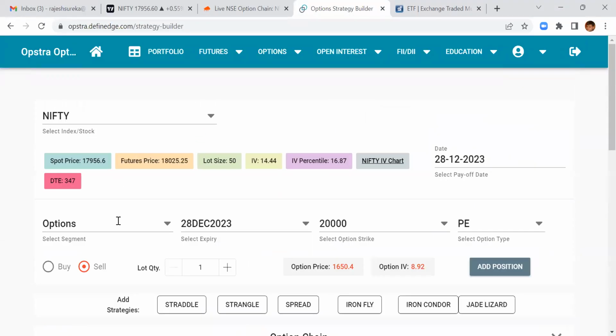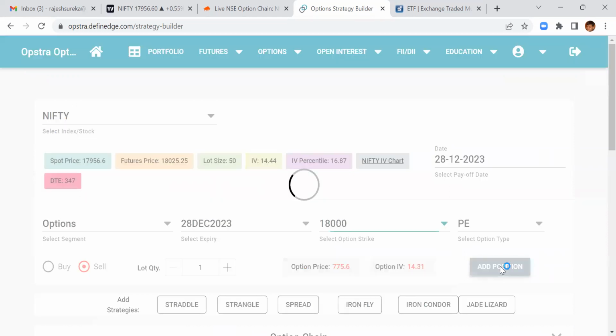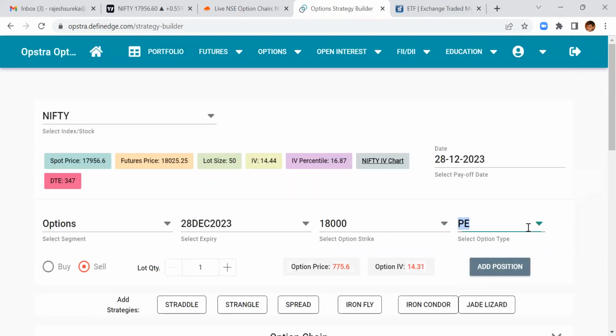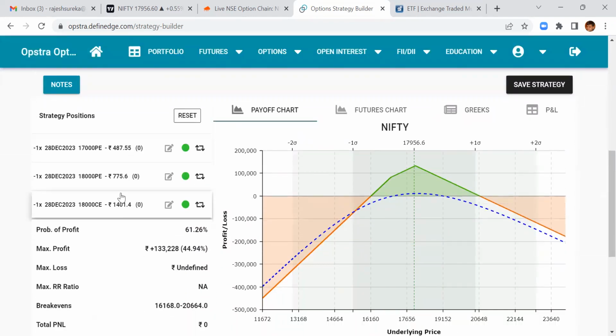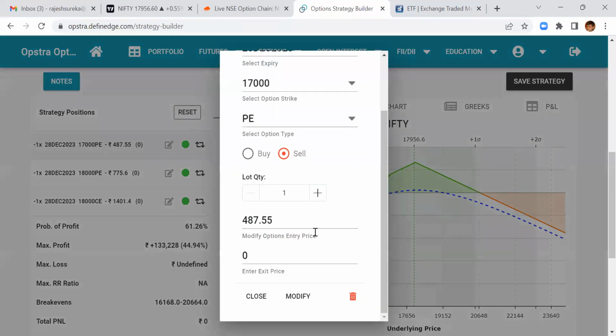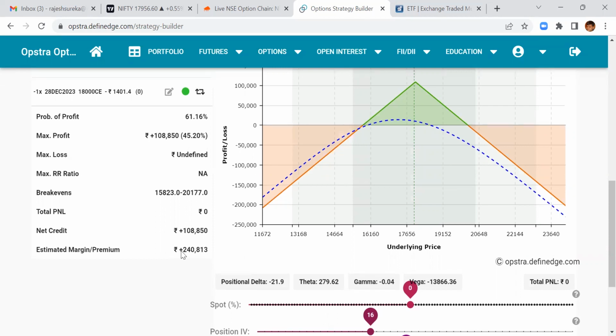So Nifty December 2000. So let's assume for the time being Nifty is 18,000. So if I sell 18,000 put option and if I sell 18,000 call option. So I need a capital of 2,40,000 at the time of entering the trade. जब आप ट्रेड इंटर कर रहे हैं आपको 2,40,000 का कैपिटल चाहिए. The moment you have entered the trade, you will get a credit of 1 lakh rupees. Your net capital requirement become 1,32,000 rupees on this trade.